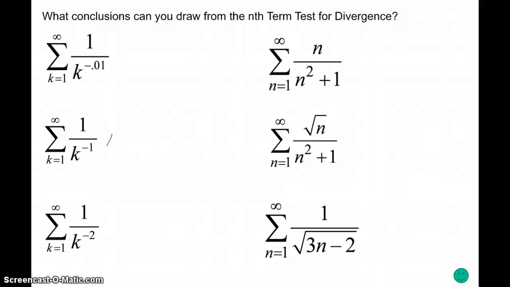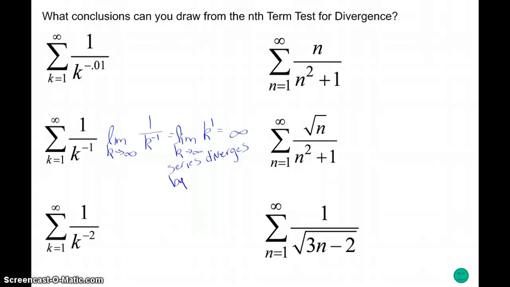So let's go back over here. The limit as k approaches infinity, 1 over k to the negative 1. Cross the line, change the sign. This series diverges. And it diverges by the nth term test for divergence. Now again, every time you're given a series and asked to see whether it converges or diverges,